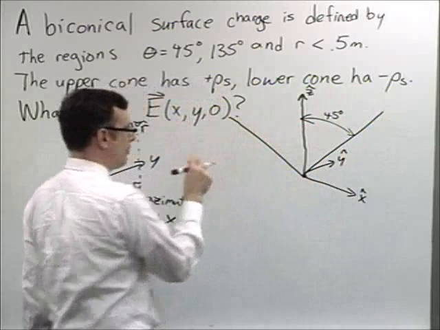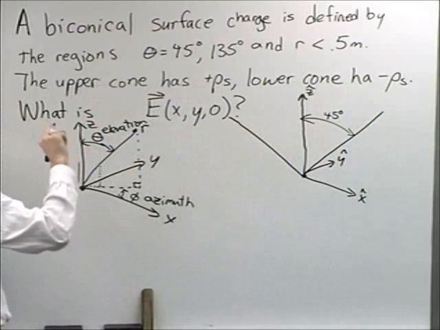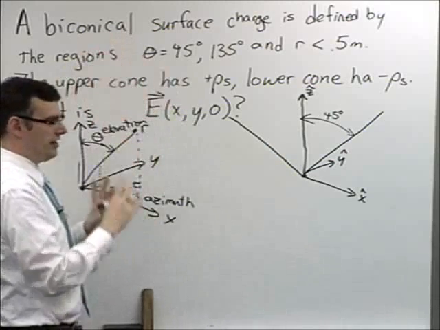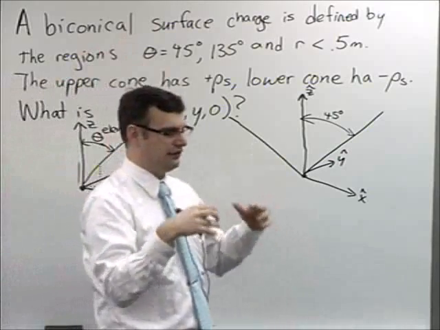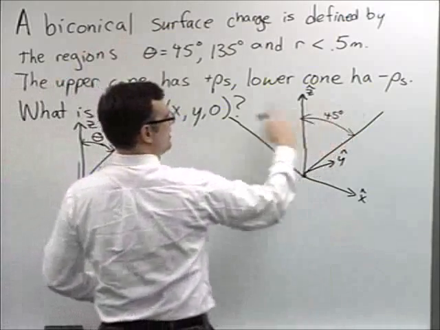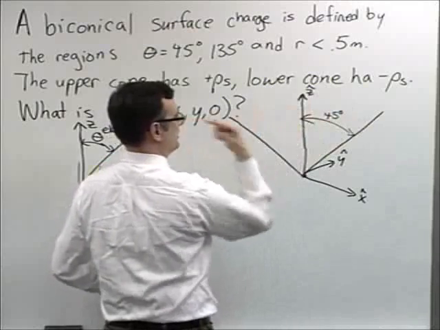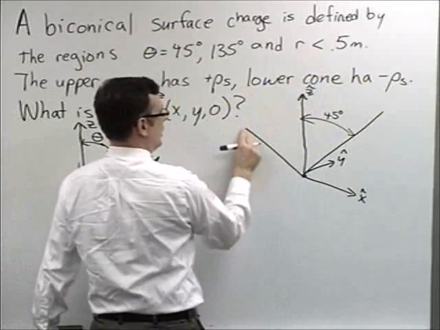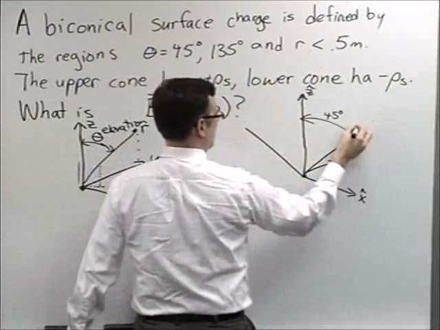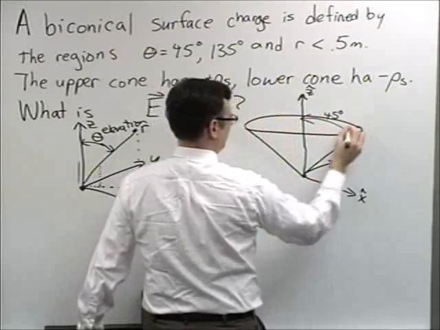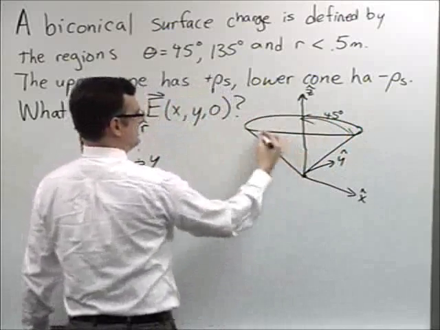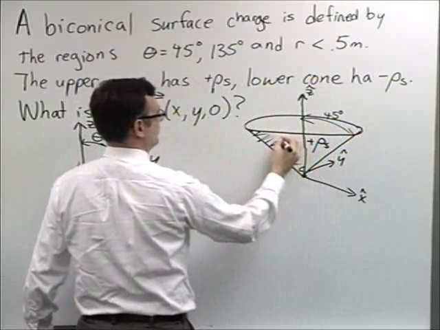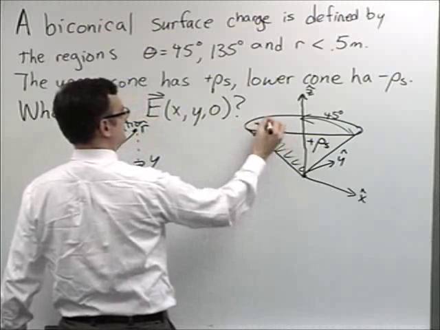And in fact, if I just hold theta equal to 45 degrees and let phi and r spin around and be whatever they want, that set of phi and r's will define a cone. Anywhere as a surface of revolution around that cone. The only difference is that I've clamped it down so that once you get to r equals 0.5 meters, it stops. So this area here, which has plus rho sub s charge on it, little positive uniform charges all over the place,